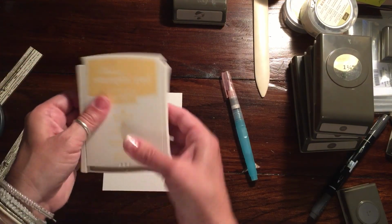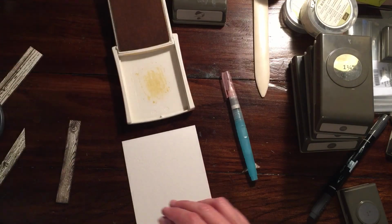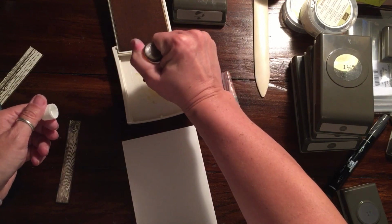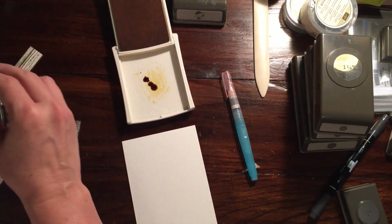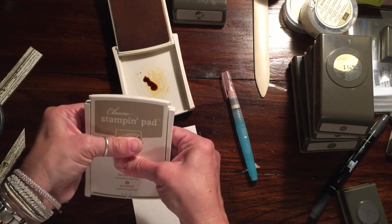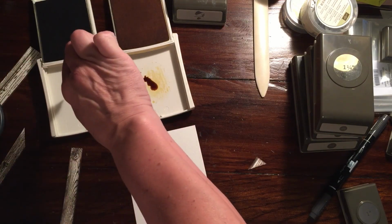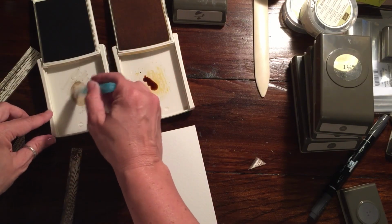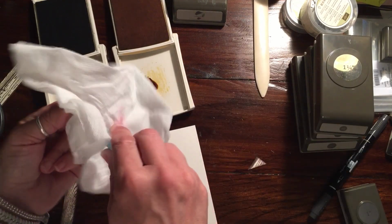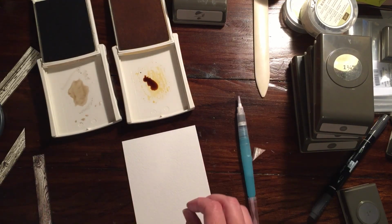I'm going to use a little bit of So Saffron. You just want to squeeze the ink pad so you make a little pool of ink. If you don't like the pool you get, you can also add a little bit of your refill to give yourself a little bit more color. Then we're also going to use Crumb Cake. Tip Top Taupe is just a little bit dark. I'm going to add a little bit of water to that Crumb Cake because I want it a little bit more diluted. And I want to clean that off. You also want to make sure you have a paper towel handy so you can clean off the ink in between. And for the final color,